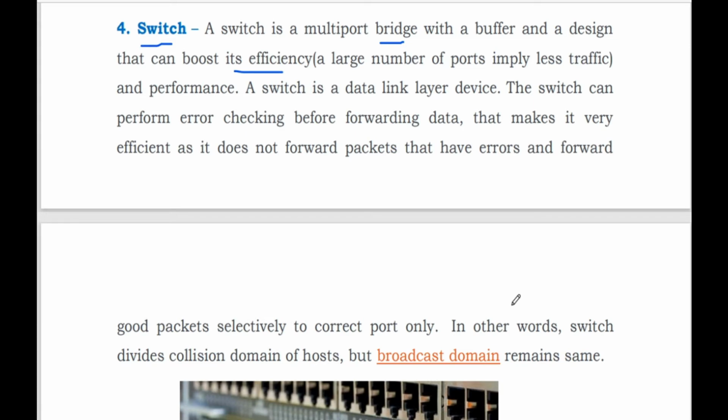So here you have another device that works with the second layer of the reference model, the data link layer. It performs error checking before forwarding the data, so it forwards packets very efficiently. So what is a packet? A packet is a small part of your information.